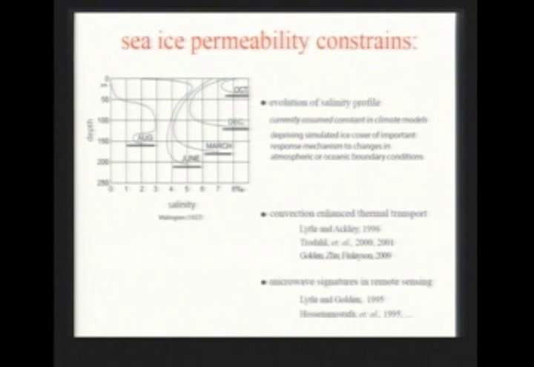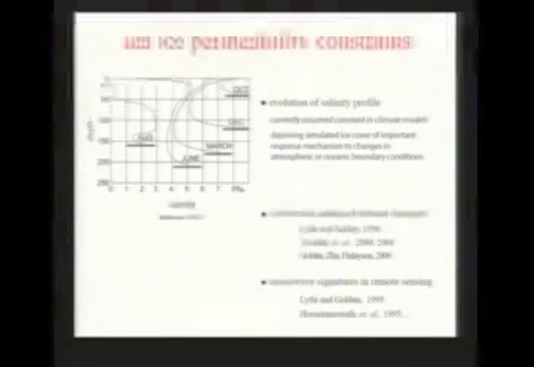The permeability of the ice also constrains the evolution of salinity profiles. This is just a schematic diagram, actually data going back to 1927, showing some of the dramatic changes that you see in salinity profiles. Currently, in global climate models, these salinity profiles are assumed to be constant. But the salinity controls the brine volume fraction, which controls the permeability, and it's all intertwined. And so this is a way oversimplification of what's actually happening in the ice. As you move the brine around, you get enhanced thermal transport and better exchange of heat between the ocean and the atmosphere. And of course, as you flood the surface, you can dramatically change the microwave signature